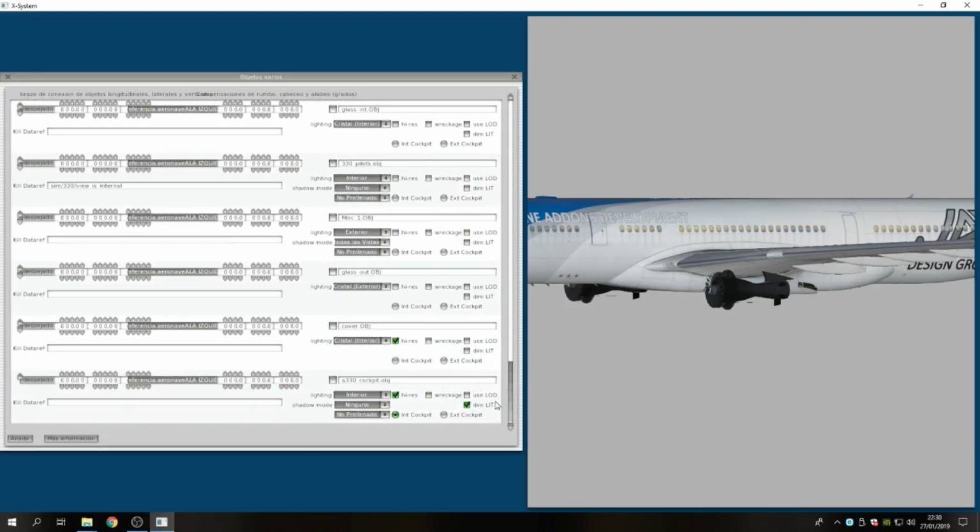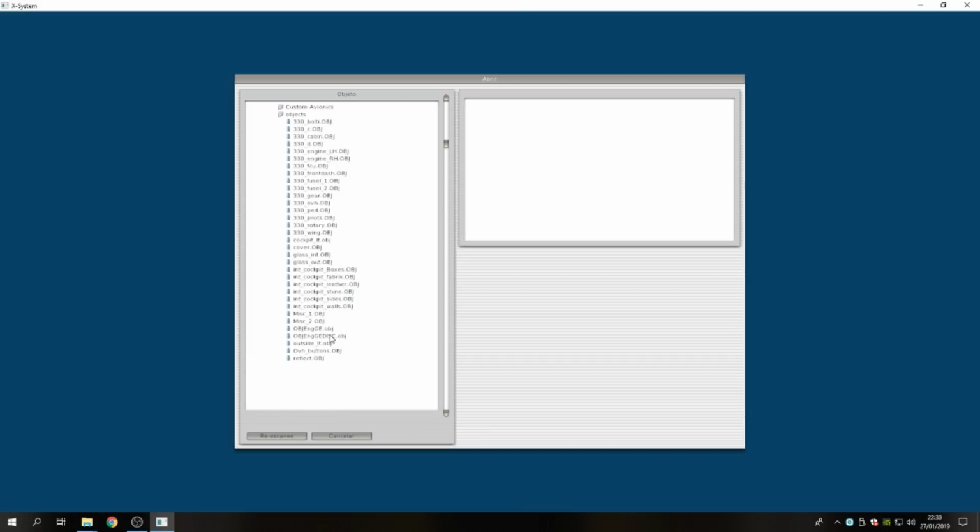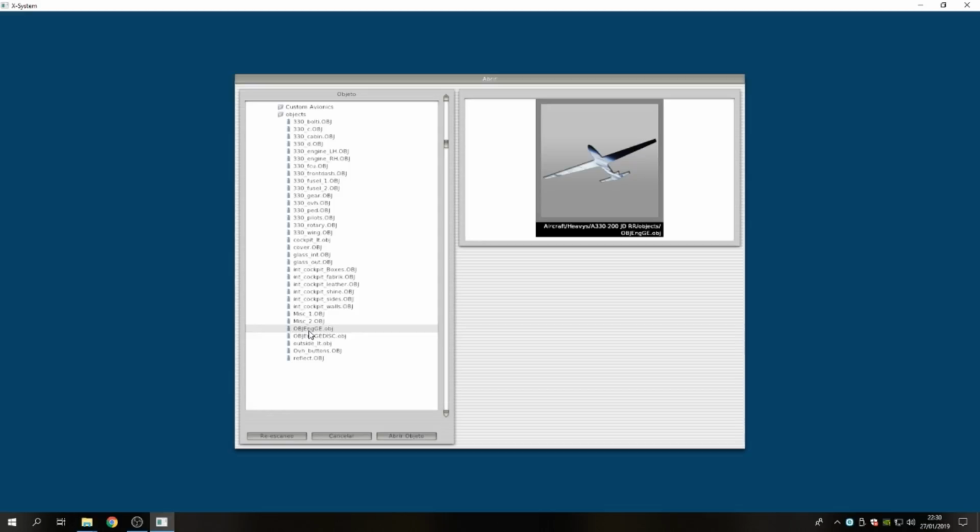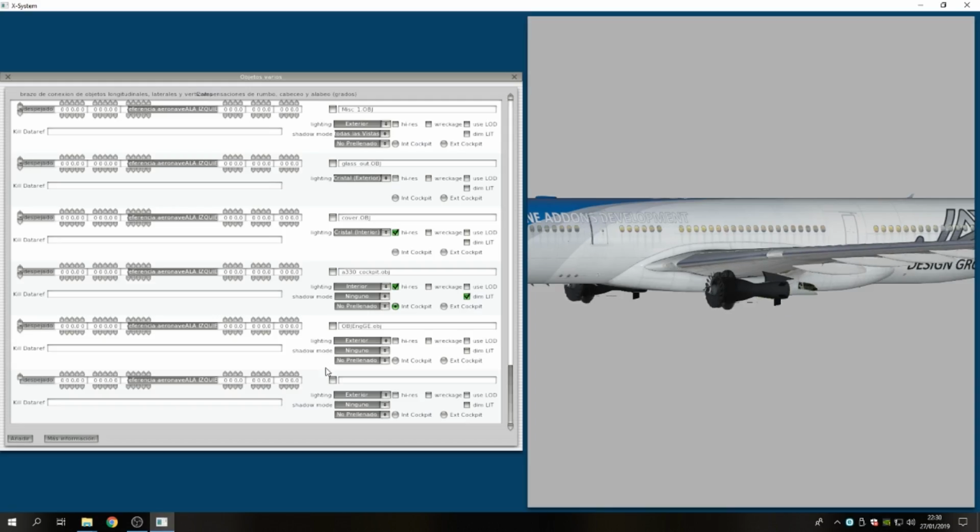So now we're going to add the two objects of the General Electric engine. So as we need two, we add two. We are going to click here, and here we have the OBJ engine General Electric, and put it in and open the object. Now we are going to put